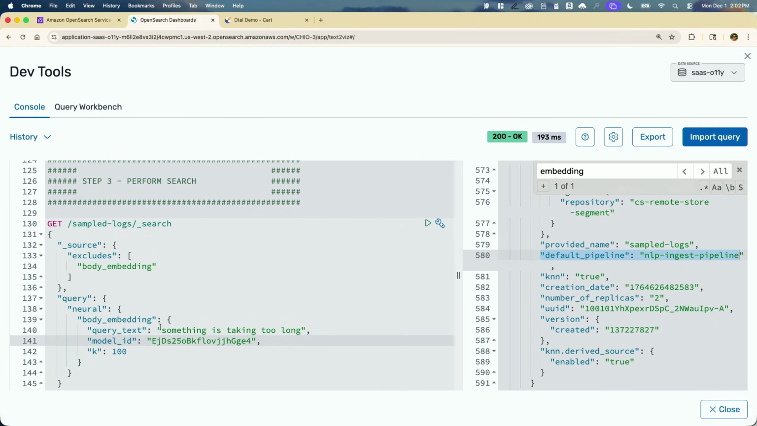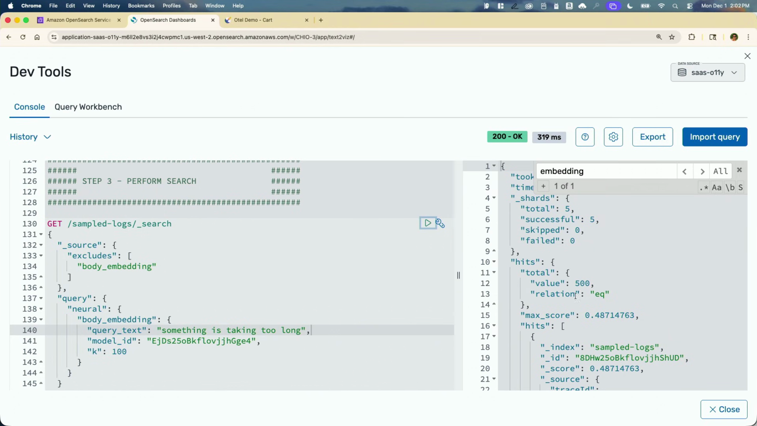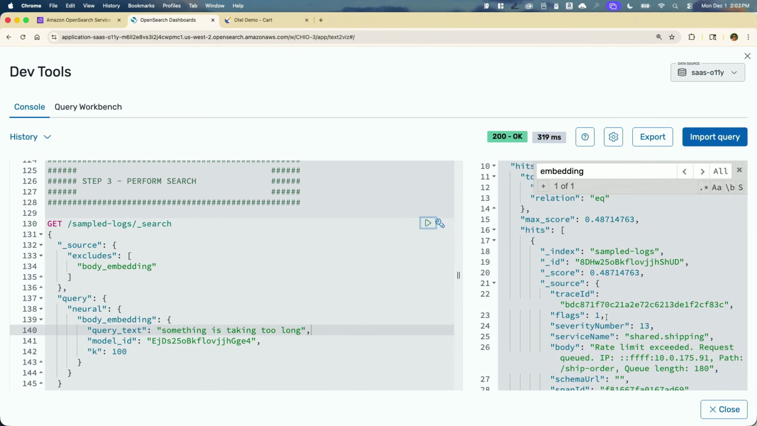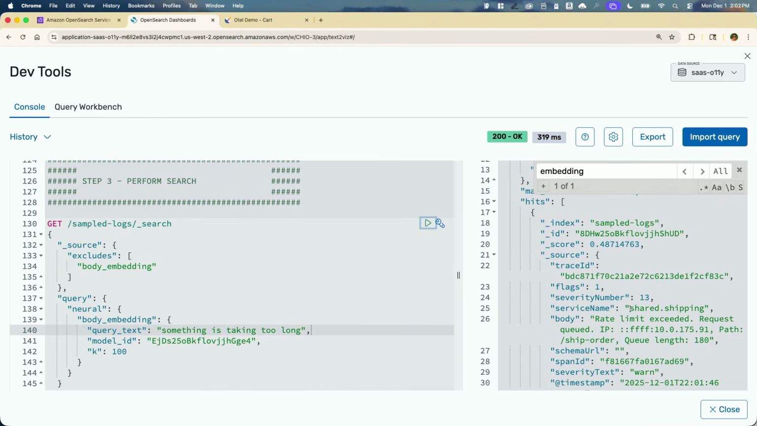So let's search. I can put in something very vague here. I can ask for something like, something is taking too long, and I can do a semantic search for that to find log lines that are semantically relevant for this query. So let's have a look at what it came back with. And it's exactly, again, the shared shipping service that we saw before, right? And it's found the log line, rate limit exceeded, request queued. So you see that lexically, those things are not related, right? Something is taking too long is not contained anywhere in this log line, but